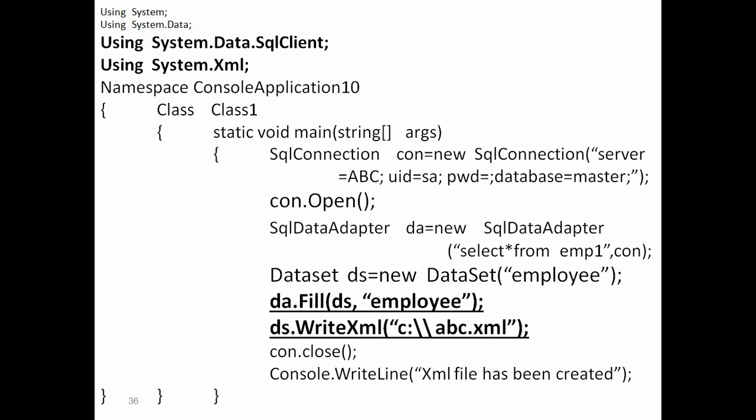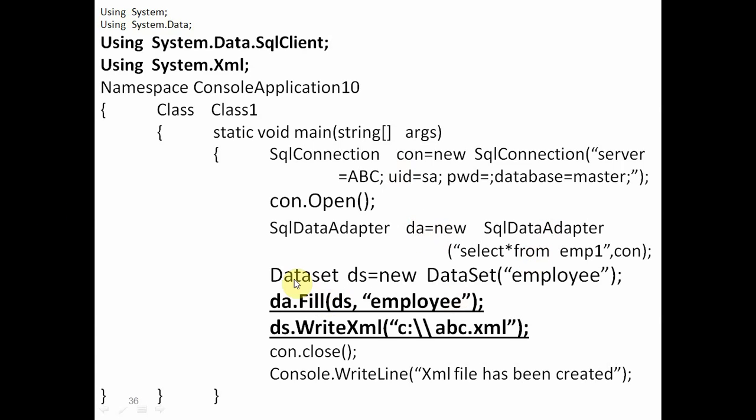So here we are using select asterisk from emp1, means from emp1 we are retrieving the whole table, and the second argument is the connection. So while we write SqlDataAdapter, we will use the select query as well as the second argument, that is the connection, the object of the connection string. Its object is DA equals new SqlDataAdapter(query, connection). So on this connection, this query will be applied, and it will return the whole table, and the whole table will be transferred to the DA.